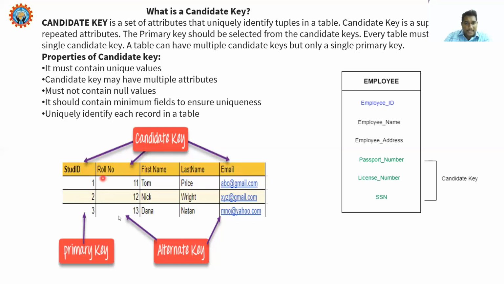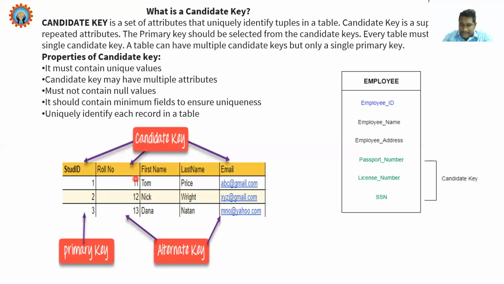In this table, I have 1, 2, 3 unique property attributes. Among the 3 unique key properties, one is acting as a primary key. So the remaining 2 are called alternate keys. I hope with this example you can understand 3 keys at a time.